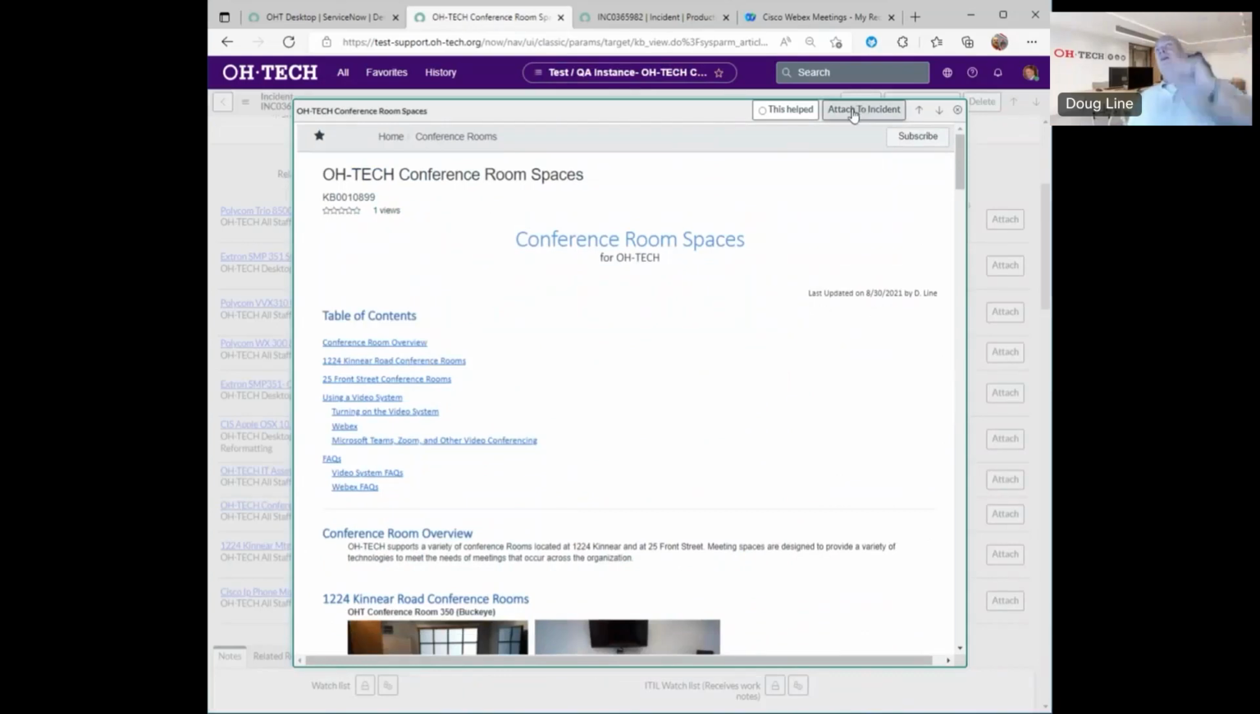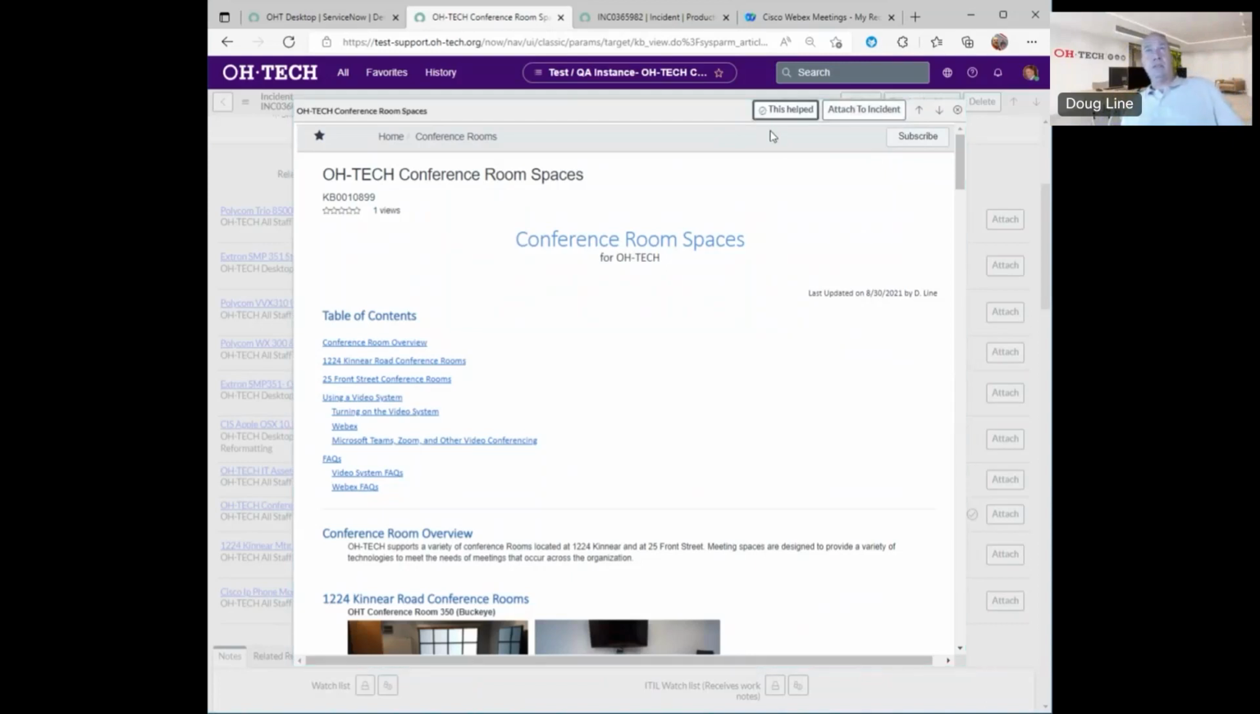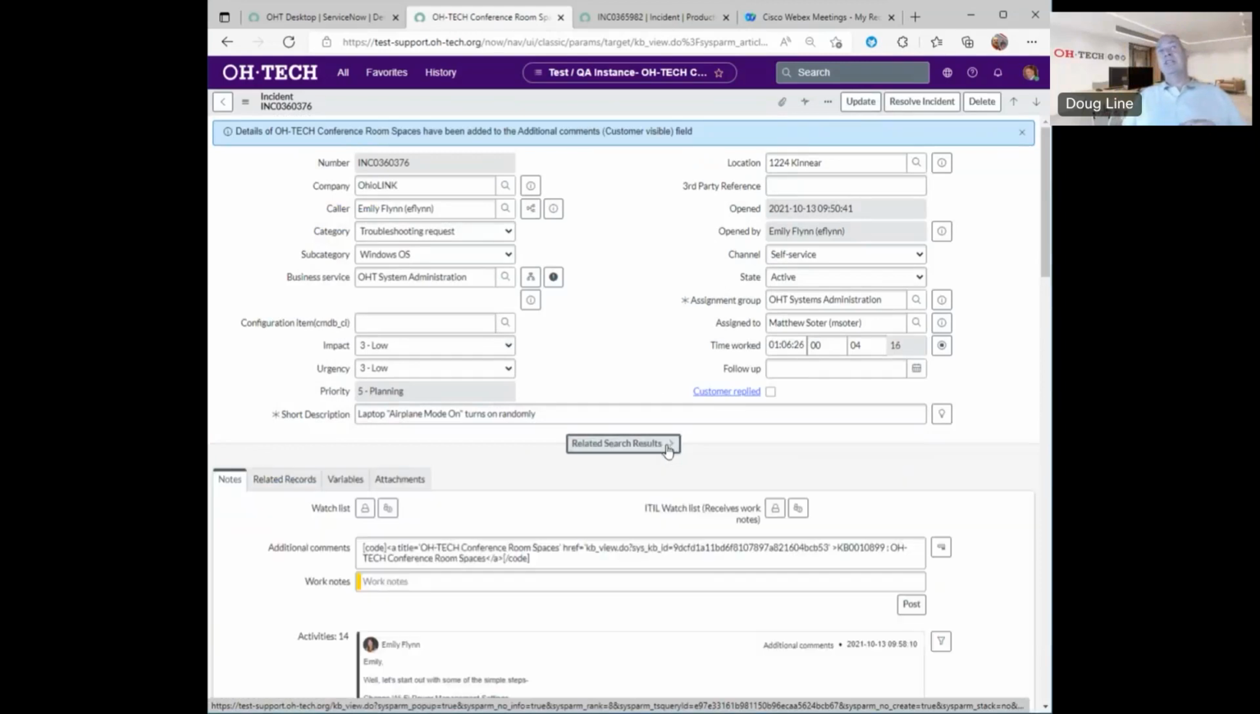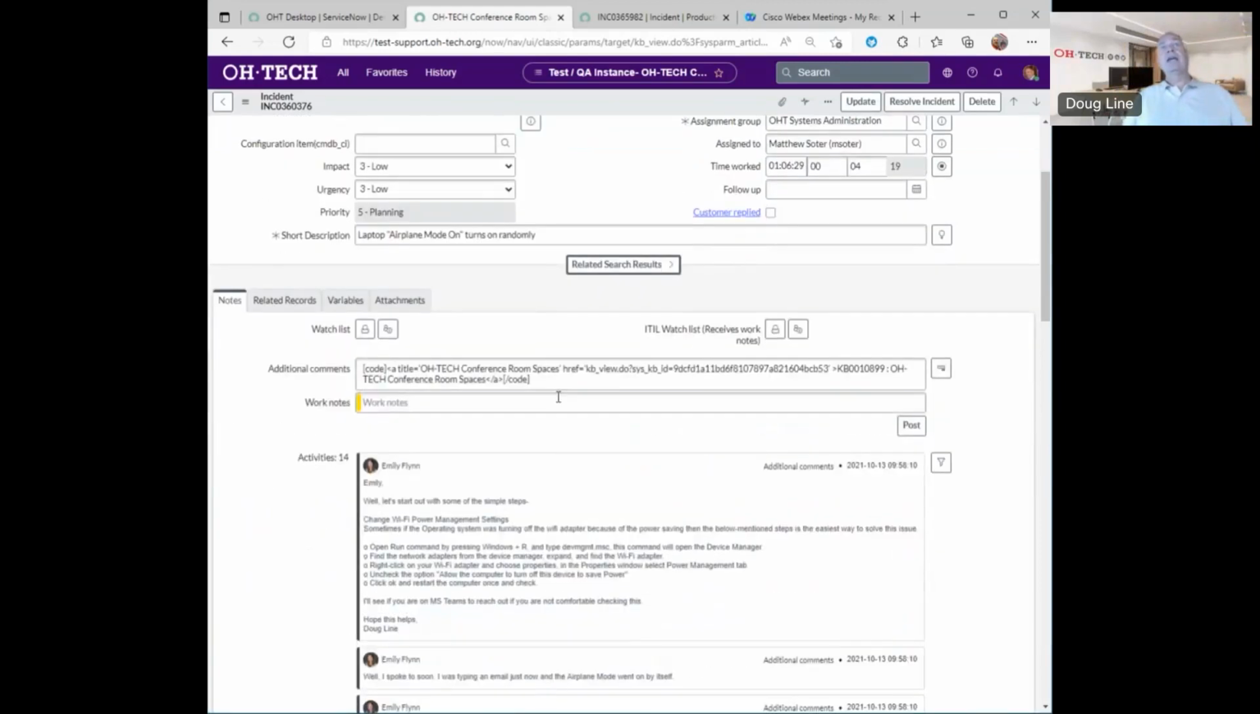If this is going to help, go ahead and click on attach to incident. The other thing I'm going to ask you to do, when you start to utilize this functionality, is if this helped, click on this helped. And if you're going to attach it so the end users can see this, click on attach to incident. Now if I click on this again, it'll shrink that up. You can see that ServiceNow adds that code into an additional comment. So what you can do is come up here and say,